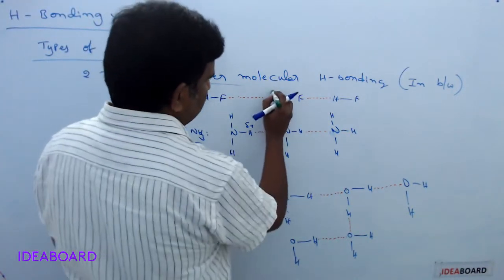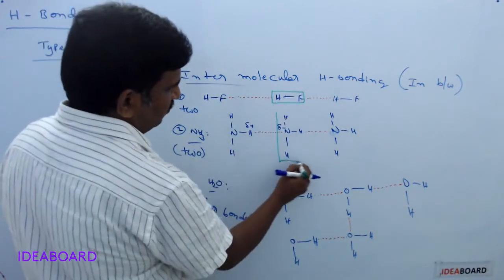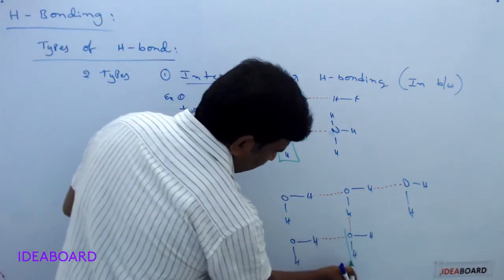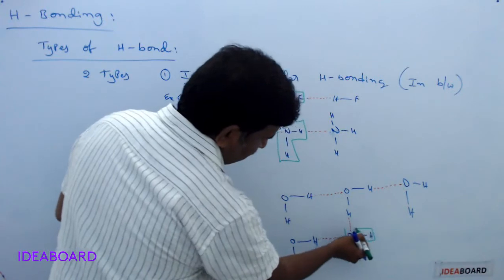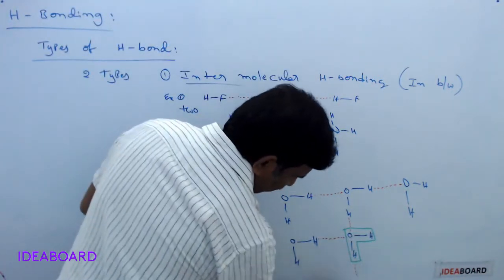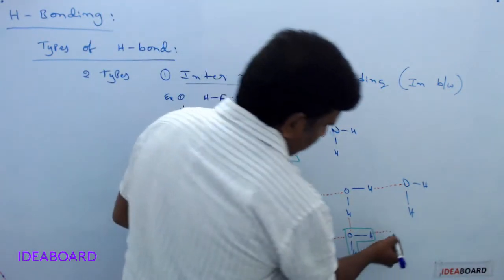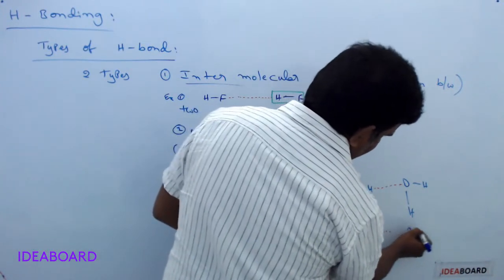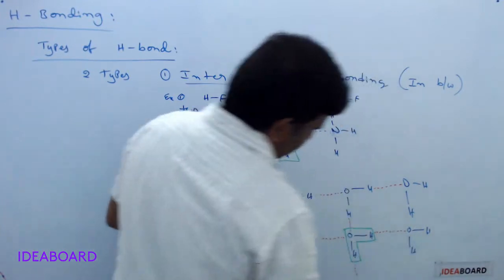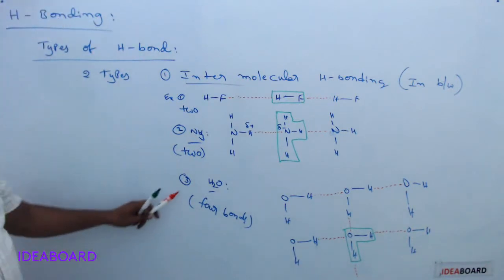For example, this HF can form how many hydrogen bonds? 2. And here NH3 can form how many hydrogen bonds? 2. And H2O molecule here, if you see this molecule, this is one molecule. On the downside, if you write one more, we can write another. And here this side also you can get now. Suppose I am writing this side O, H and H. Then here also another bonding. So 1, 2, 3, 4. So total four bonds are formed by each H2O.